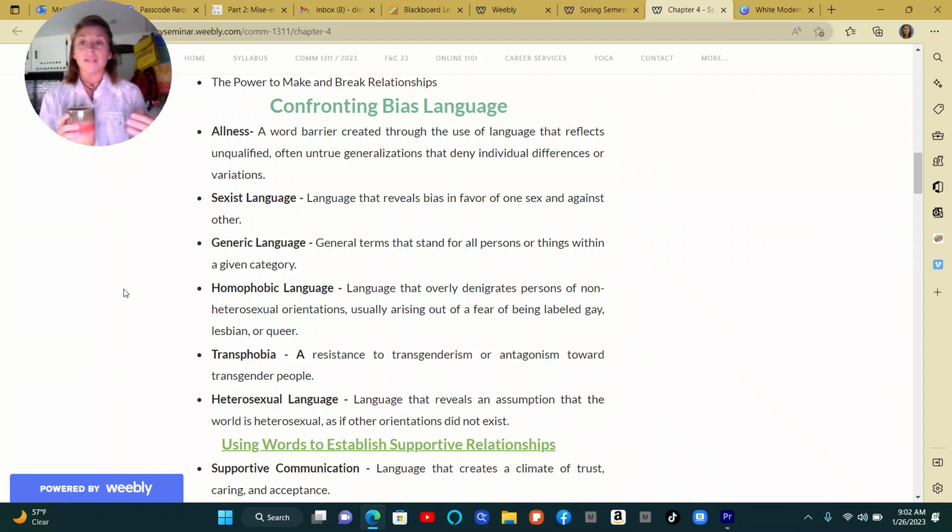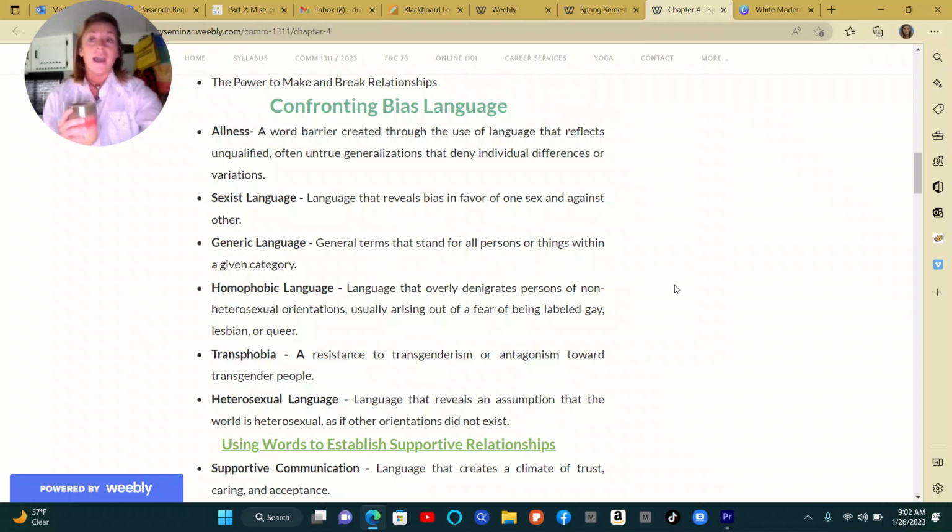A lot of times if someone's used to having to deal with that language, it can be frustrating. We have to understand that within the foundations of communication, you're learning how to deal with these things, to communicate to people, to get your points across, to not confront or create arguments, but to create clarity, right? So that we can all be one and get along and be able to understand each other.